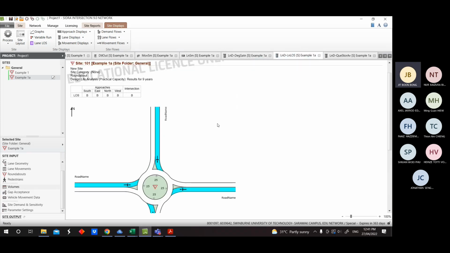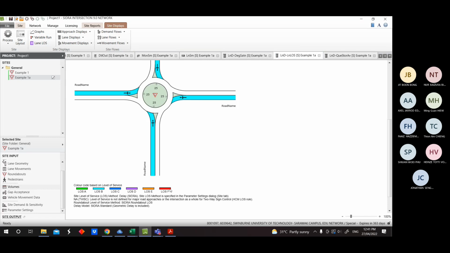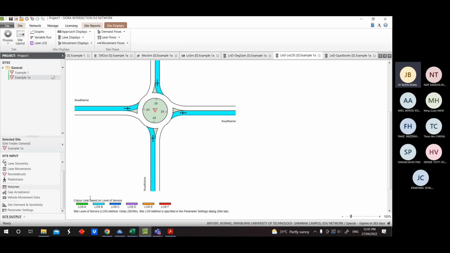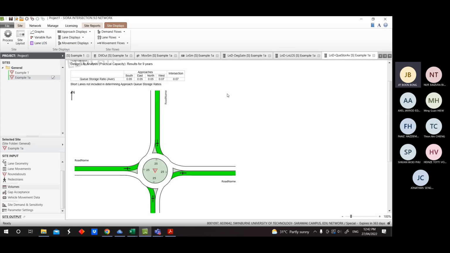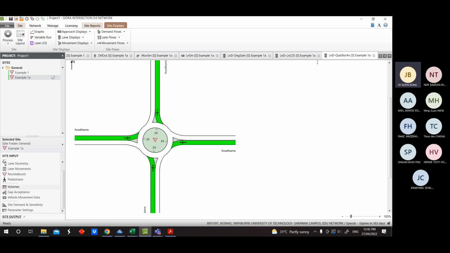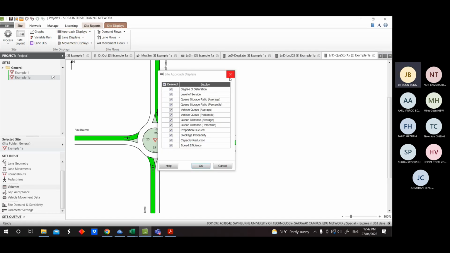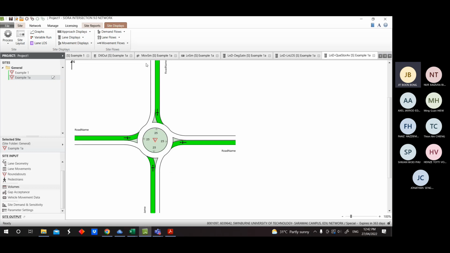Yeah, and also your level of service. If close to yellow and red, then that will be bad performance. And close to green and blue will be good. So here overall is good. And also your Q storage, okay? All the parameters related to your length, okay? Approach will be more to your whole leg, okay? Let's say this whole approach,